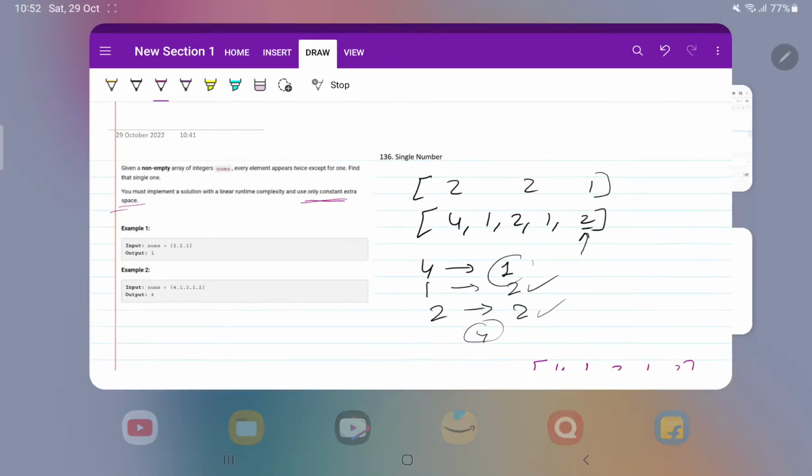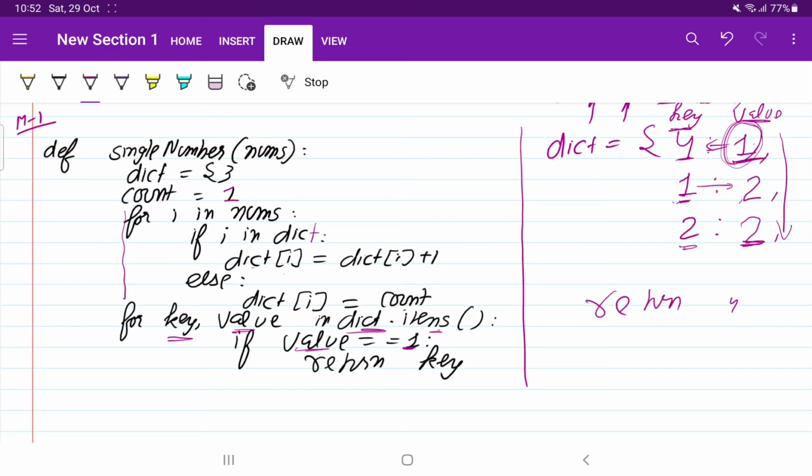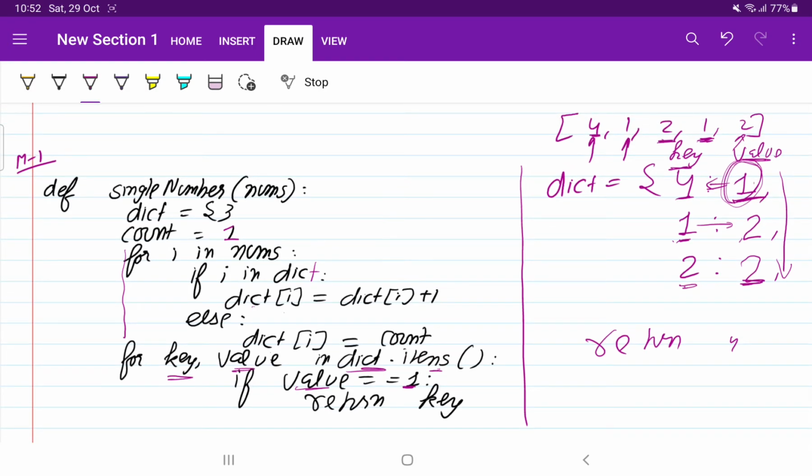Now think of some other solution. This was approach 1 that we have used. Now what you need to do is think of some other approach. Pause the video for 1 minute. Try to think, can we solve it with any other approach or not? I hope you have thought of another approach. If you got the approach, it's okay. If you didn't get the approach, then also it's fine. I will explain the other approach.